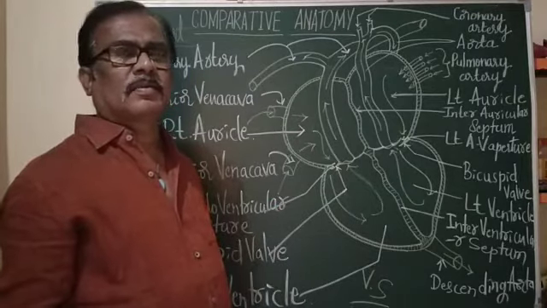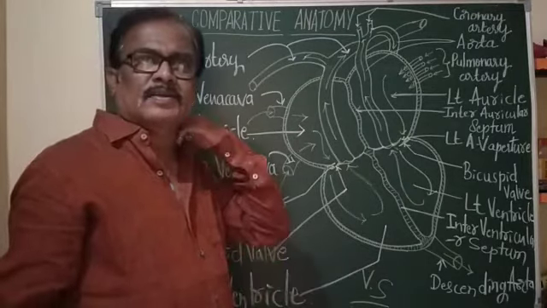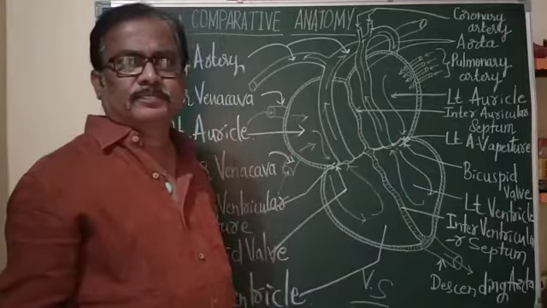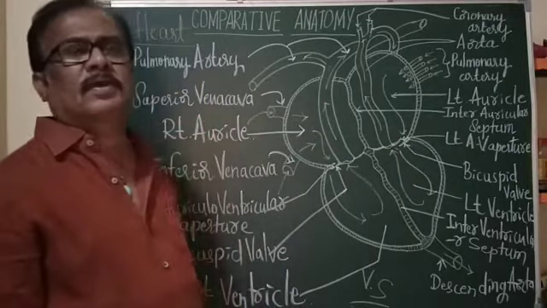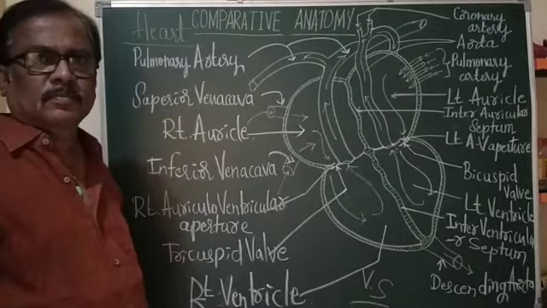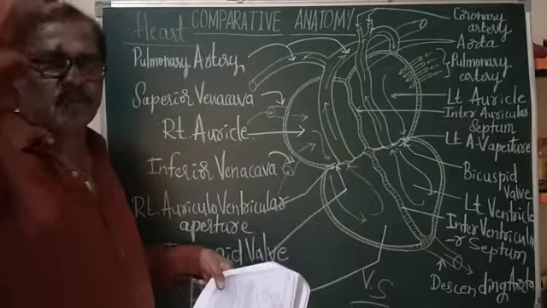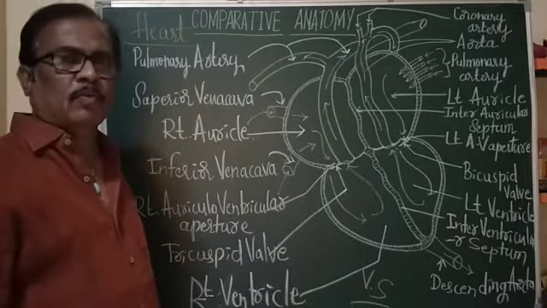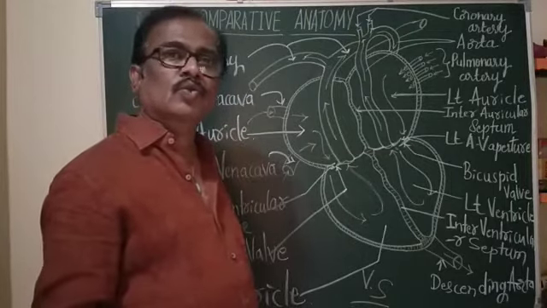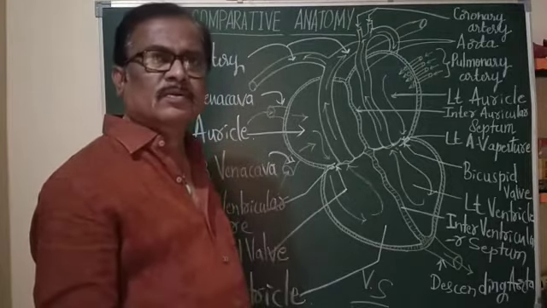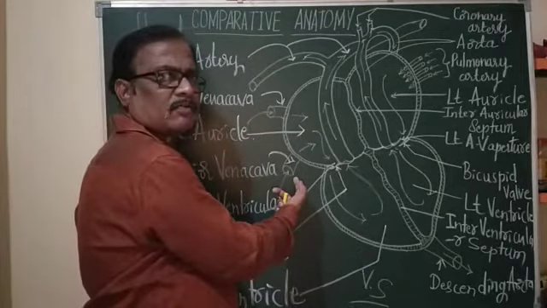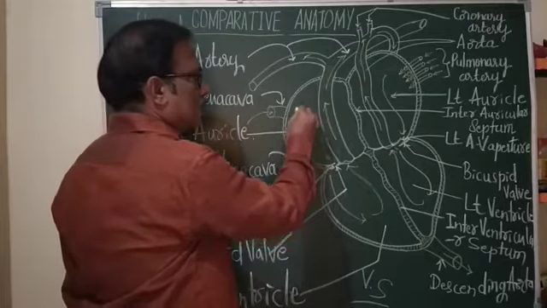So let us see the blood circulation in the body. It is by means of 2 pumps, that is the left side and right side of the heart. The impure or deoxygenated blood from the lower part and upper part of the body, that is from the lower extremities and upper extremities, is carried through the venules and veins, and then the blood is brought to the superior vena cava and inferior vena cava, so that blood is